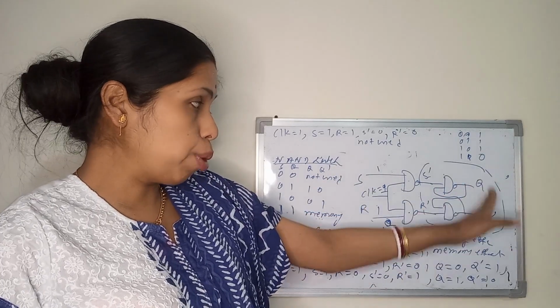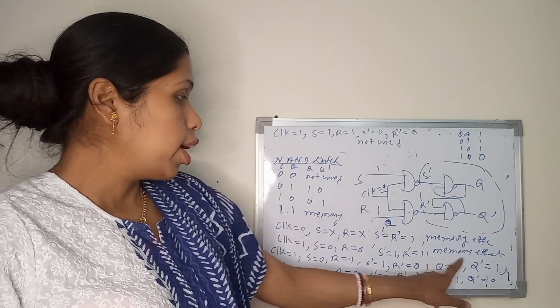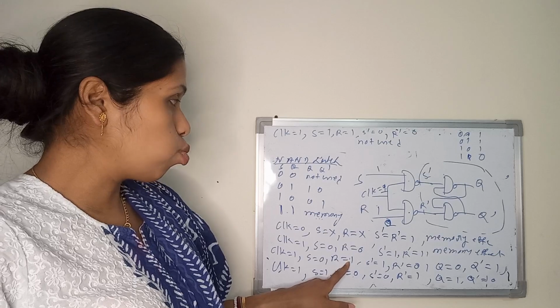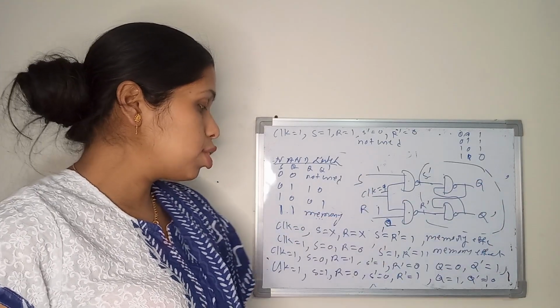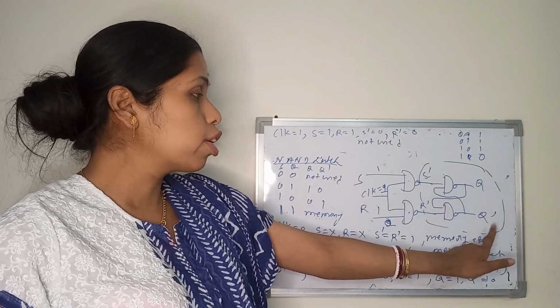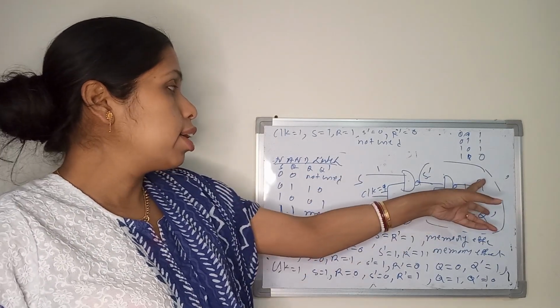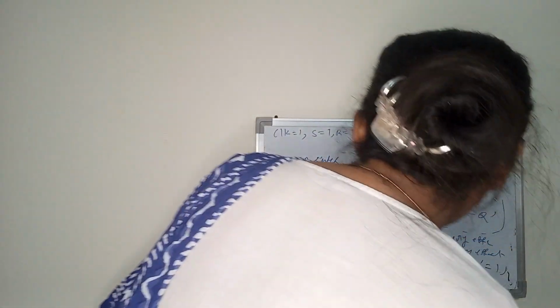there is no memory effect. Clock 1, S and R both are 0 0, it is memory effect. Clock 1, S is 0, R is 1, Q will be 0 and Q prime is 1. Clock 1, S is 1, R is 0, Q will be 1, Q prime is 0. Clock 1, if both inputs are 1, then it is the not used condition. So I am finalizing the truth table for the NAND